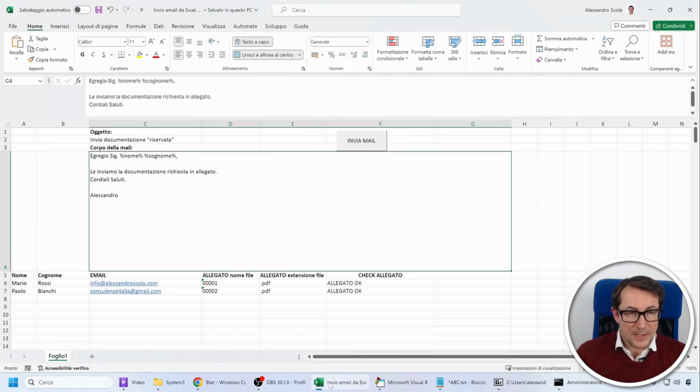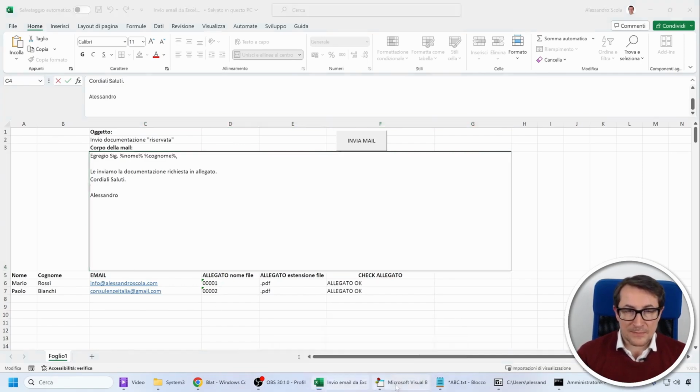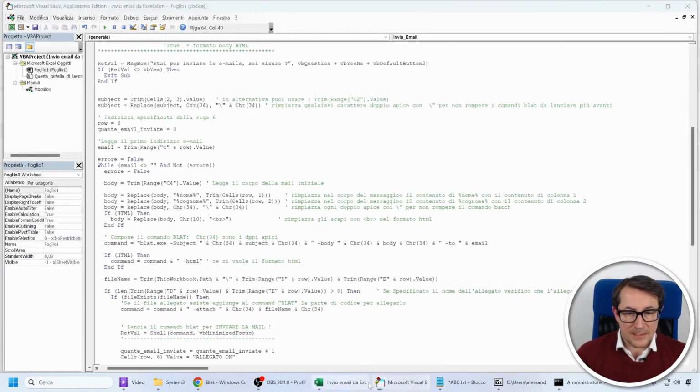This is because when you're in an Excel cell and you want to insert a new line, you do this by pressing Alt while hitting Enter. In reality, you're writing that character code 10. Obviously, this functions correctly, and you can see it if you send a plain text email. But if you want to send it in HTML format, every single line break must be replaced with the corresponding HTML tag, and that's why this line does exactly that, replacing line breaks with BR in HTML format.